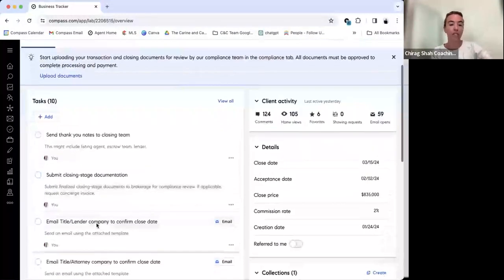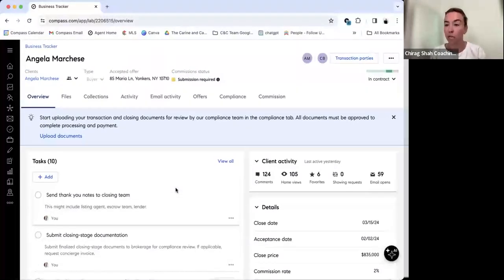See, this is actually helpful for me because I haven't even been able to do this since they just closed two days ago. This is why there are only 10 left now; it probably started as a 40-task checklist. And because that was in there, it was really helpful once they went into contract for either myself or my admin to come in here. Whoever did the task, we can check it off in this folder itself.